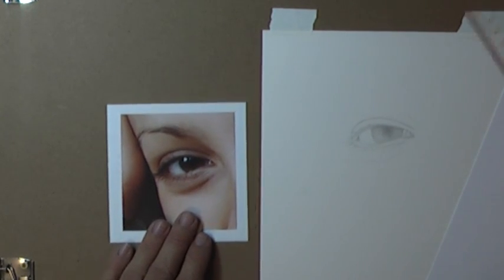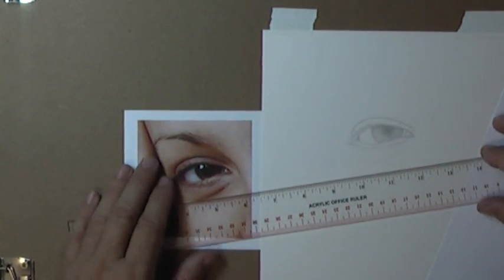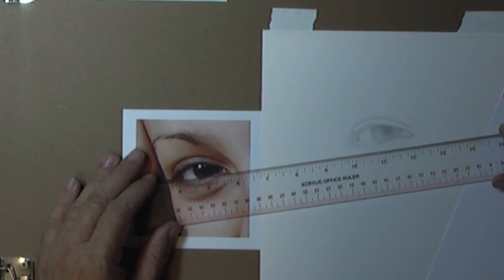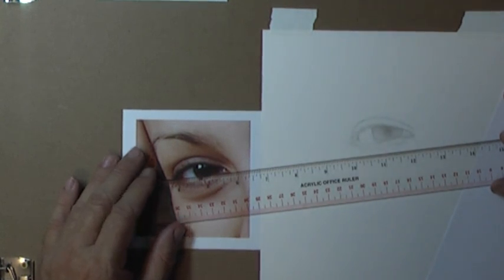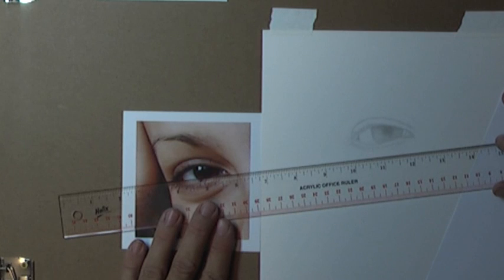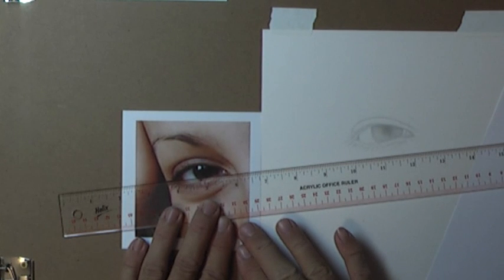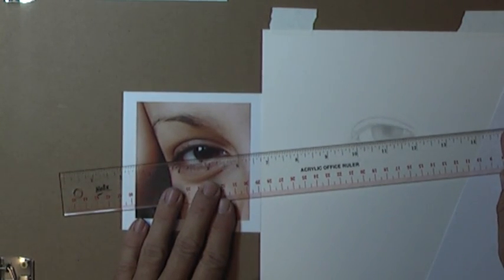And so now we can also see, we can compare angles. Angles will always be true. I could use a small one or the big one. All angles are true. And I have to be able to keep it in line with the paper here. And it's sometimes a little bit of a trouble to, I'm going to go to the corner of the eye over here by the tear duct, and where the corner of the other part of the eye is, where it's the eyelashes. So now I have a chance